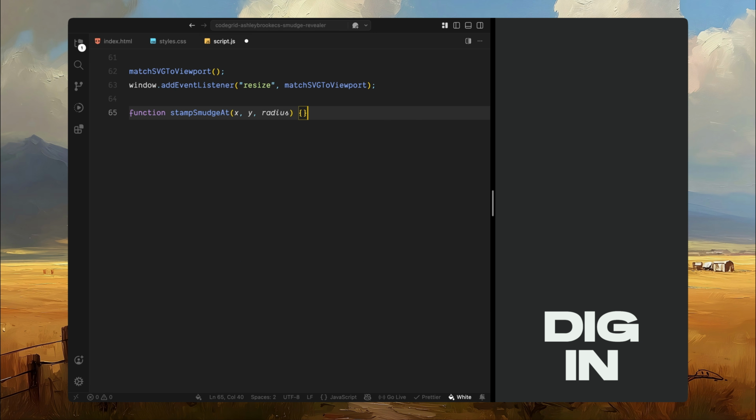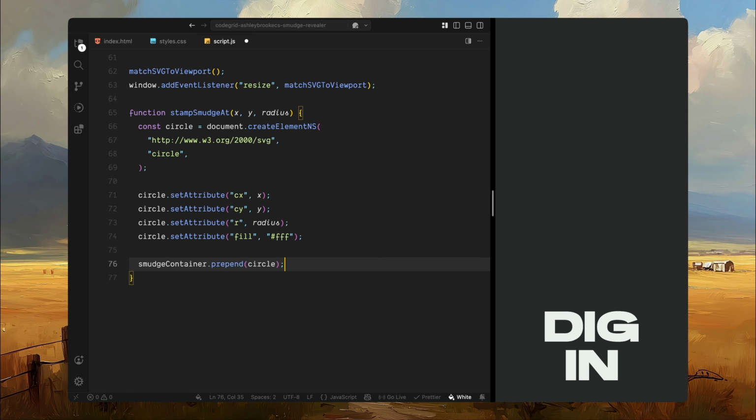Next, we'll create the function that actually stamps a smudge onto the screen. It takes in an X position, a Y position, and a radius, everything it needs to place a circle. Inside it, the first thing we do is create an SVG circle element. We can't use regular document.createElement here because SVG elements live in a different namespace than HTML. So we use createElementNS with the SVG namespace to make sure the browser treats it as a proper